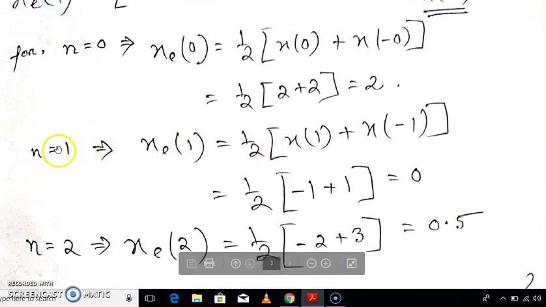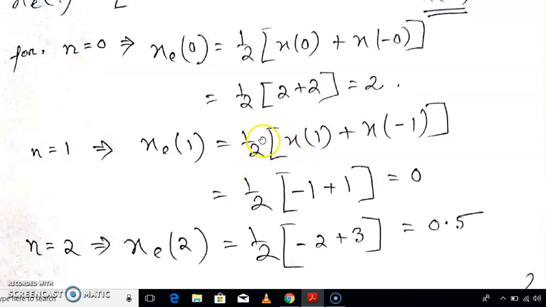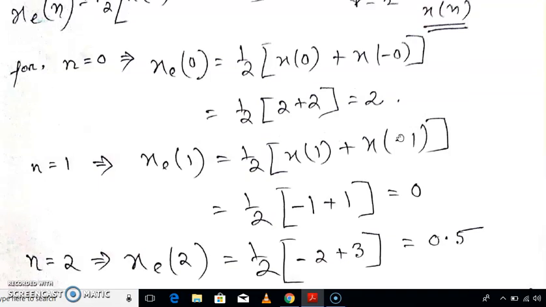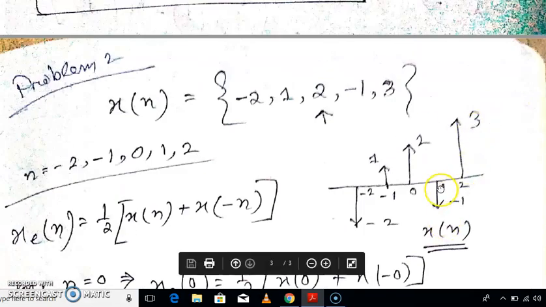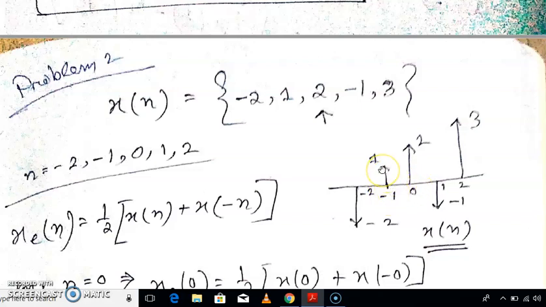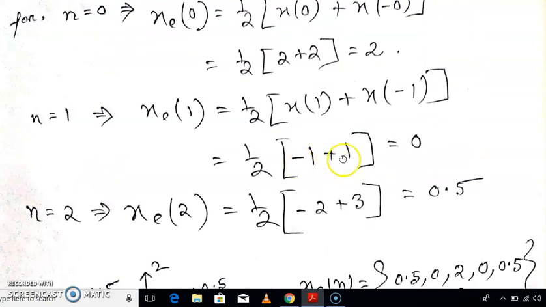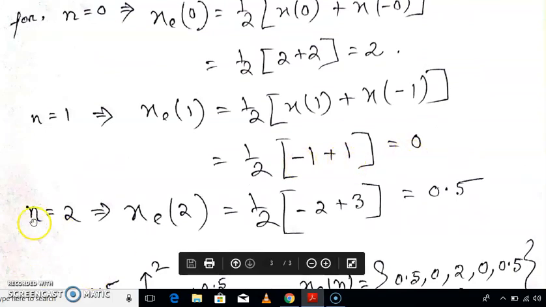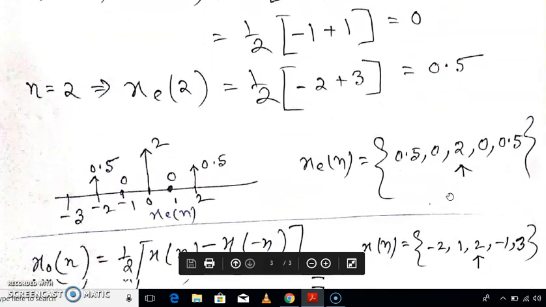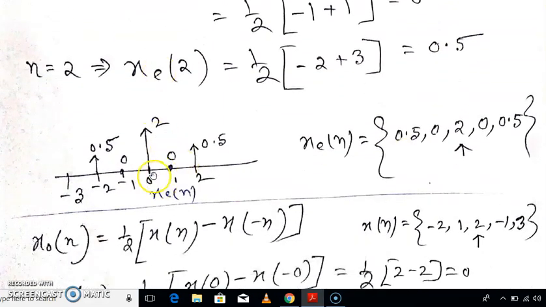Then we will find xe[1], the next sample. If you put n equal to 1 in the above equation, you get half of x[n] plus x[minus n]. Here x[1] is minus 1 and x[minus 1] is 1, so minus 1 plus 1 is 0. If you put 2, then you will get xe[2], that is half of minus 3 plus 2 from the figure, which is minus 0.5... that is 0.5. So xe[0] equals 2, xe[1] equals 0,